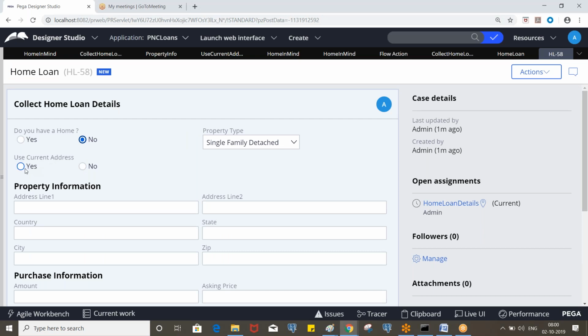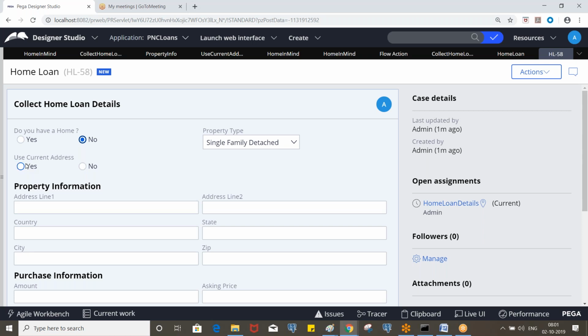If you select use current address as yes, let's say if do we have a home is yes, that means if the loan purpose is refinance, this layout will be visible and this property also. So if home in mind is yes, you make both the property information layout as well as this property visible.